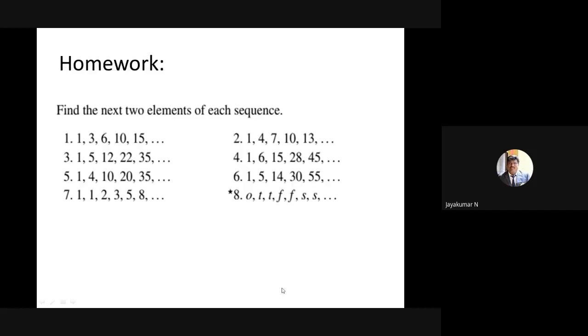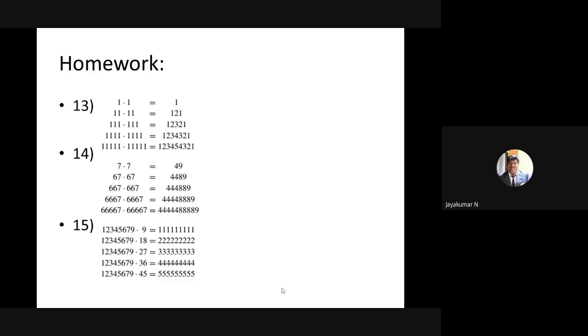Okay. Up to this, I just tried some homework problems. Here I listed it. So up to this, the topic is over. We have one more topic in unit 3, that is base B representation. Up to this, unit 3 is completed.